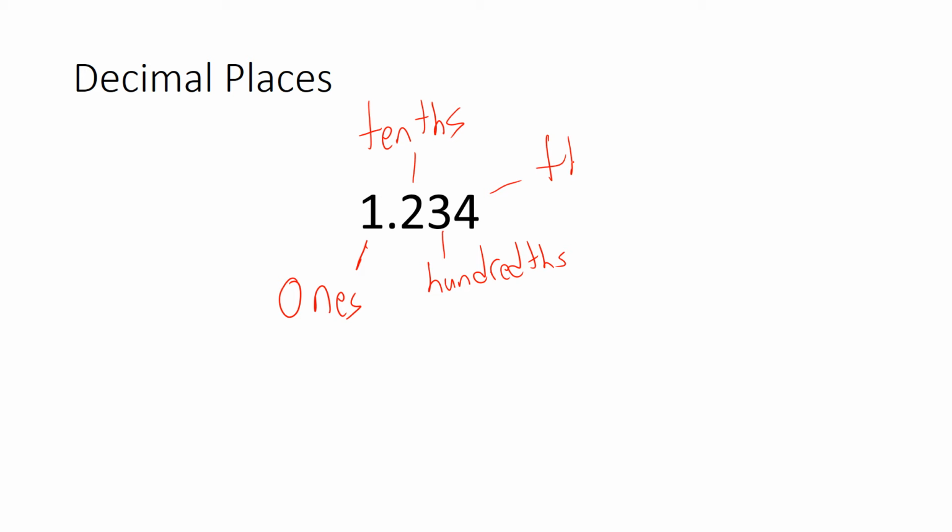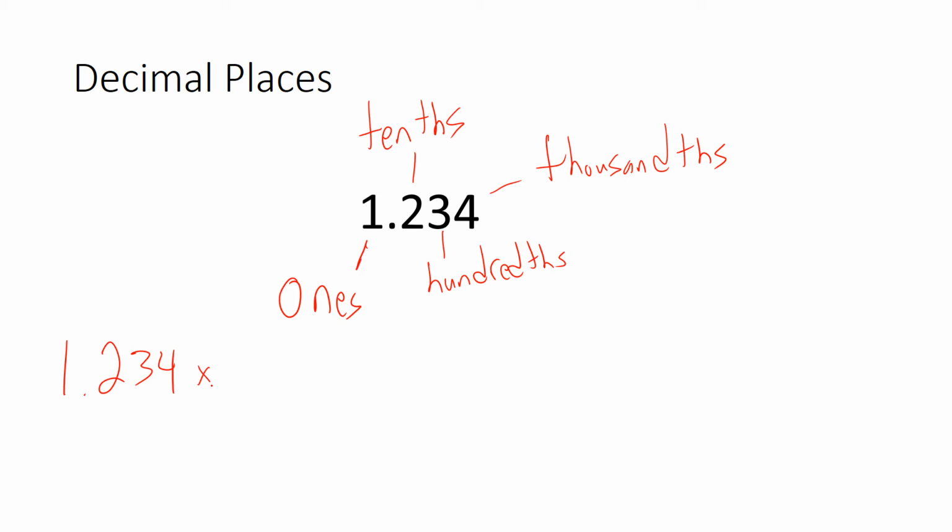So this is the ones place. This is the tenths place. This is the hundredths place. And this is the thousandths place. Say we have this number, 1.234,